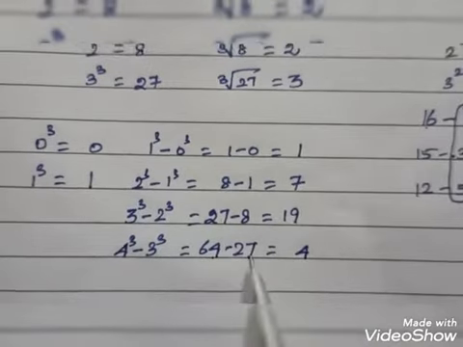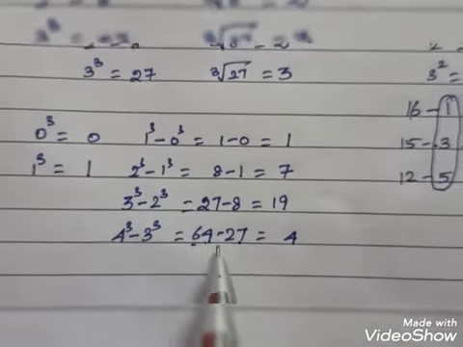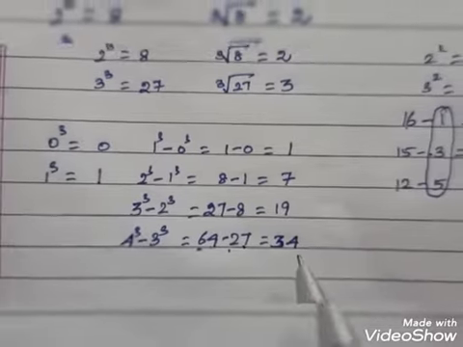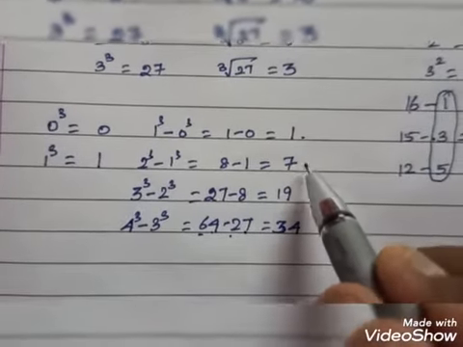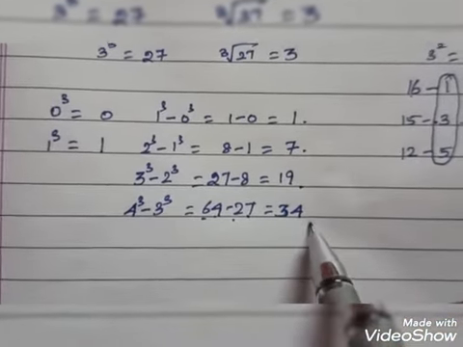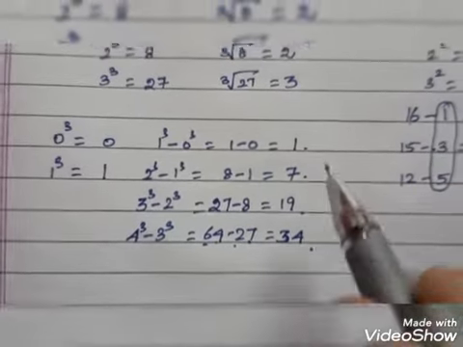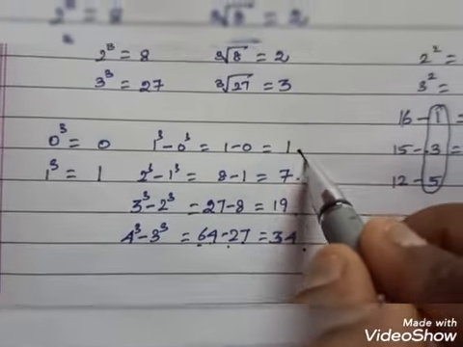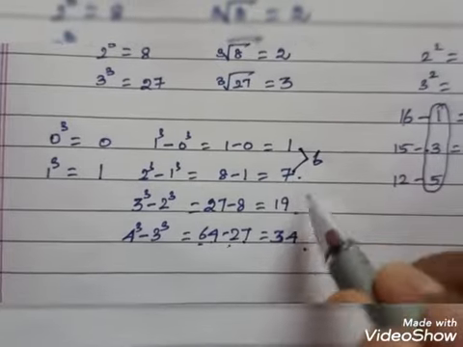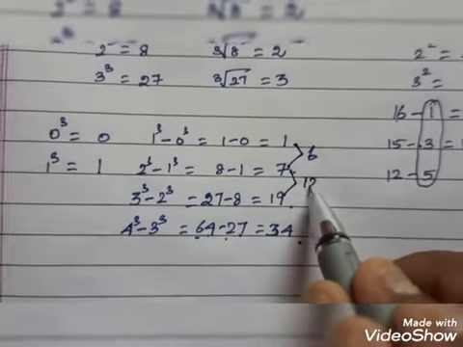And then 5 cube minus 4 cube, you get 61. Now you can see 1, 7, 19, 37, 61. So these are all the sequence, and here you can see the pattern. The difference of these two is 6, the difference of these two is 12,